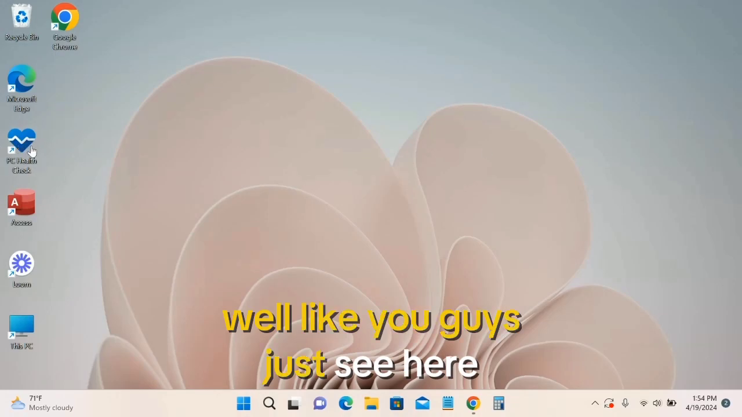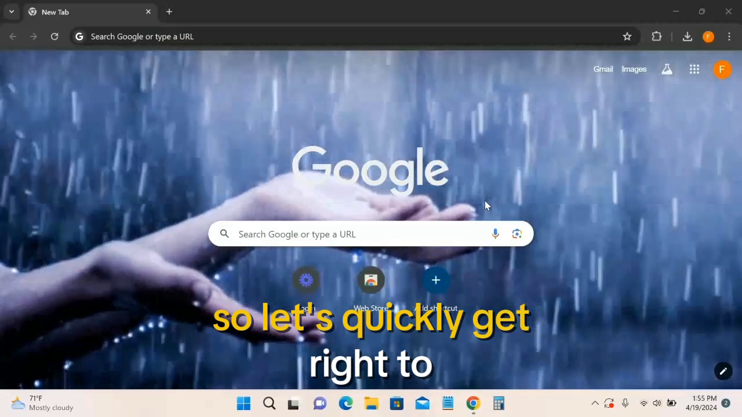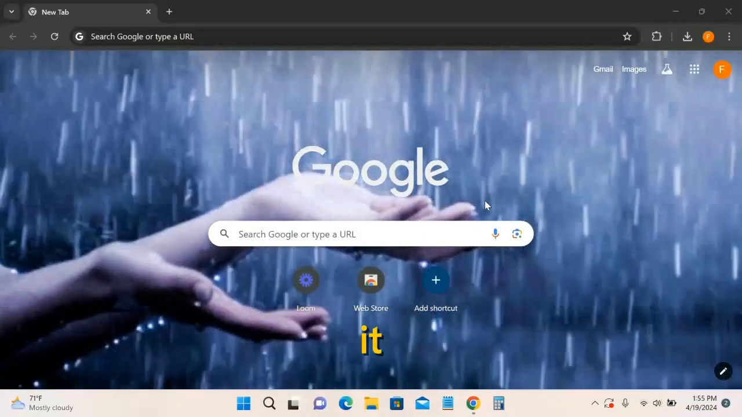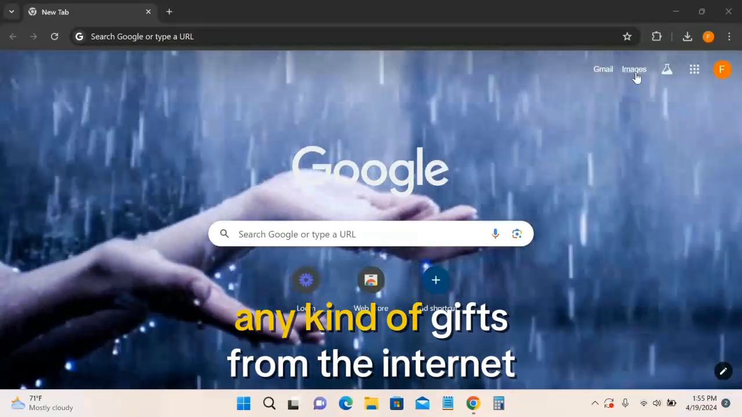Well, like you guys just see here, I'm using a GIF in my Google Chrome background. So let's quickly get ready to set another GIF as a background here to show you guys how to just do it like me. Alright, the very primary thing to do is just download any kind of GIFs from the